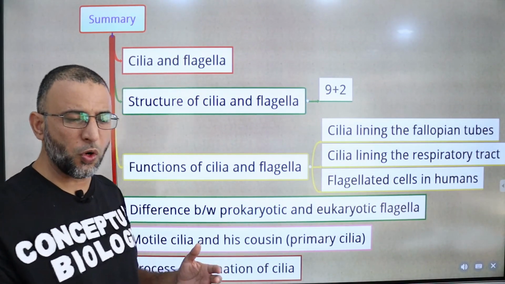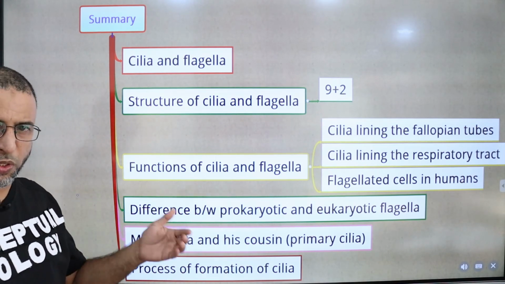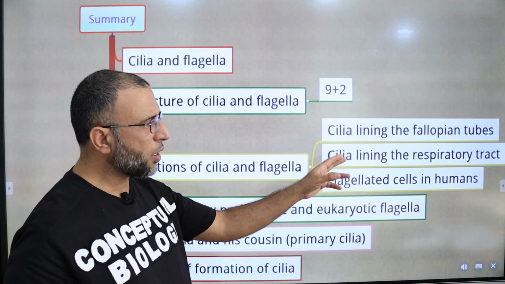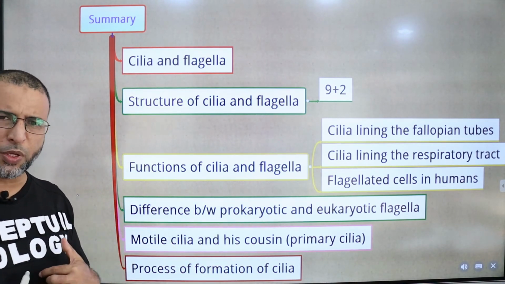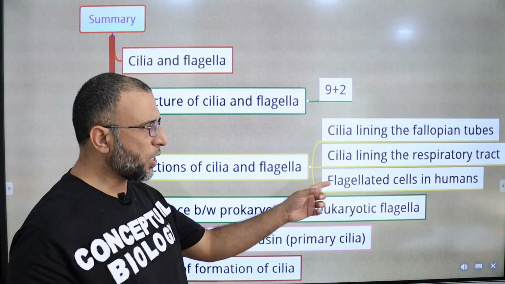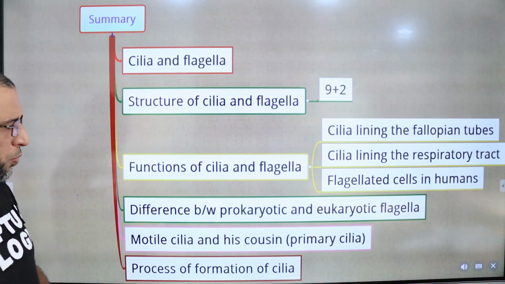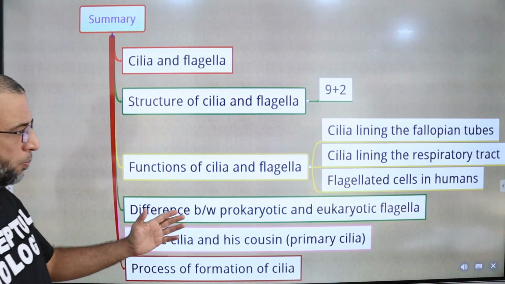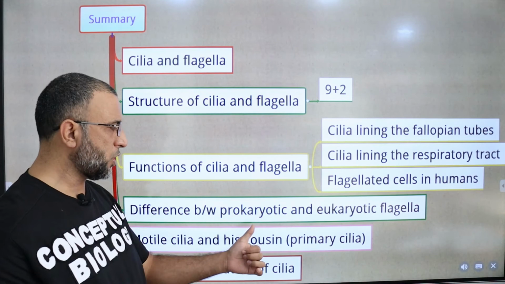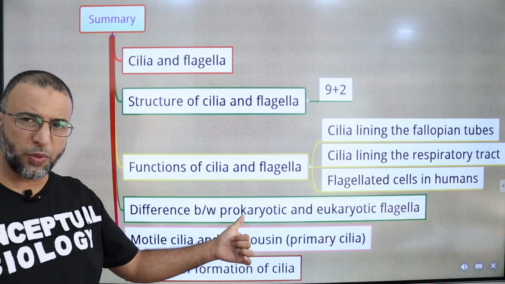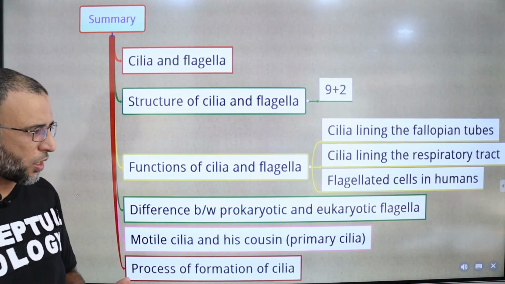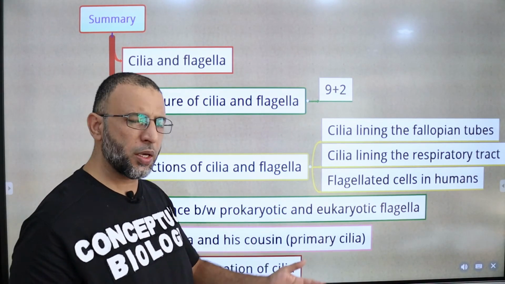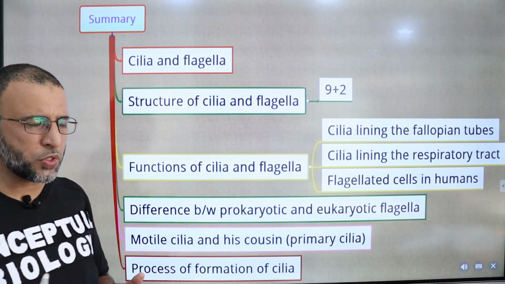Cilia lining the fallopian tubes move the egg towards the uterus. Cilia lining the respiratory tract move the waste materials away from the lungs toward the mouth. And flagellated cells in humans are sperm cells. Difference between prokaryotic and eukaryotic flagellum. Prokaryotic flagellum is composed of a single globular protein that is called flagellin, and eukaryotic flagellum is composed of microtubules